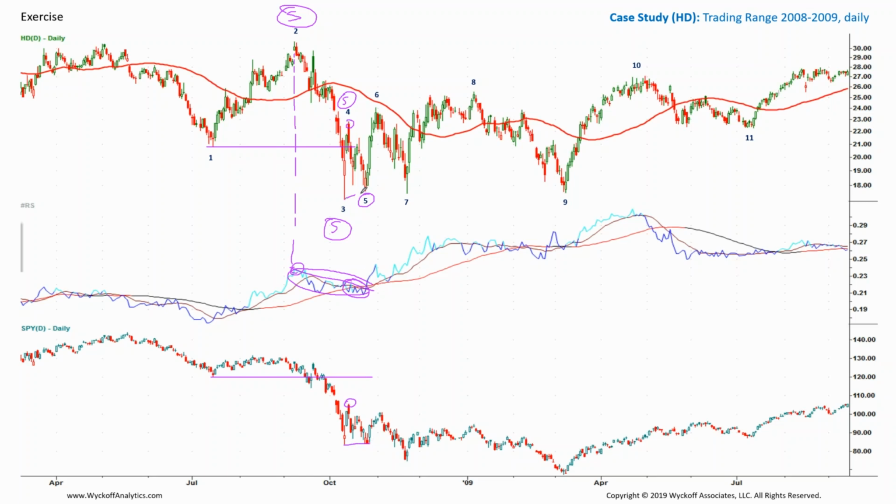SPY looks pretty flat, or higher. So SPY looks stronger for sure. Flat, flat, and then a slightly higher low at 5. Also Home Depot, of course, is stronger. 6, same thing. Look at how 4 and 6 in the market show a lower high, then a higher high. So definitely stronger. 7, Home Depot looks stronger. It's stronger, the other is flat. 8, same thing. Sloping up, and the other one's sloping down. 9,